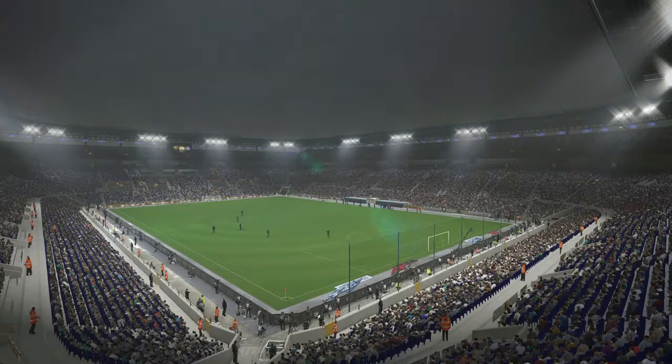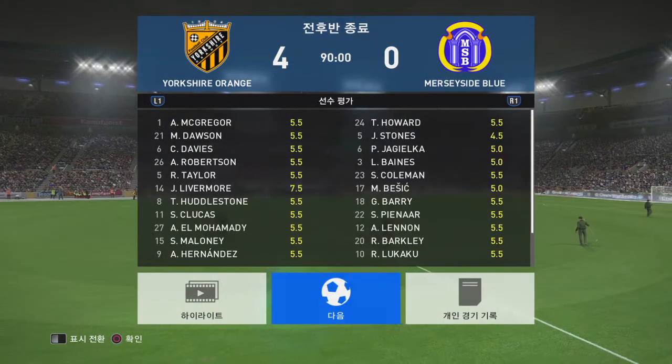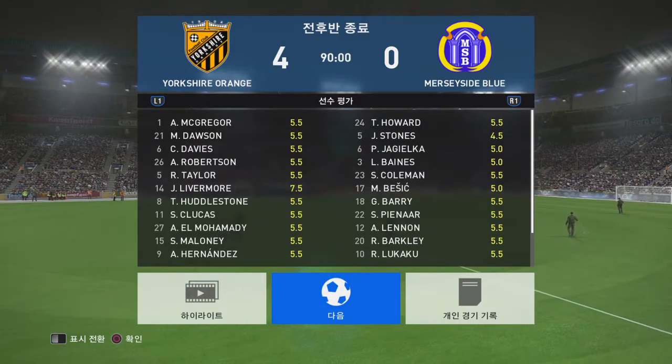The final whistle. A demolition, destruction, annihilation. They simply ran away with it. So, Jim, how do you reflect on what we've seen? Well, if you can find a weakness, Peter, then it's a case of exploiting it to the full. And they realised the spine of this team wasn't so strong, and time after time...